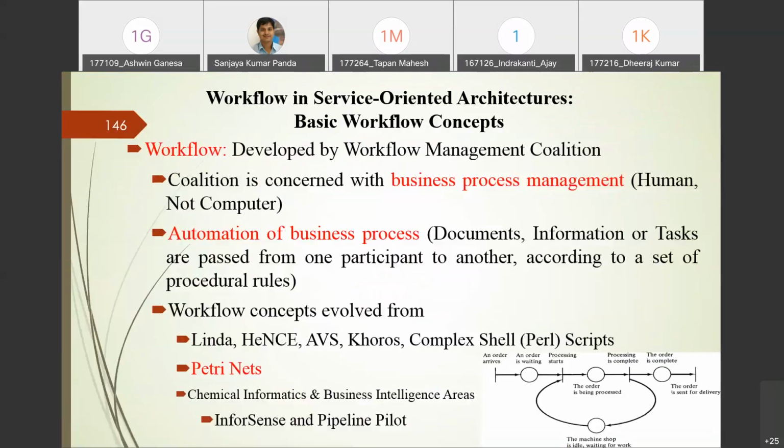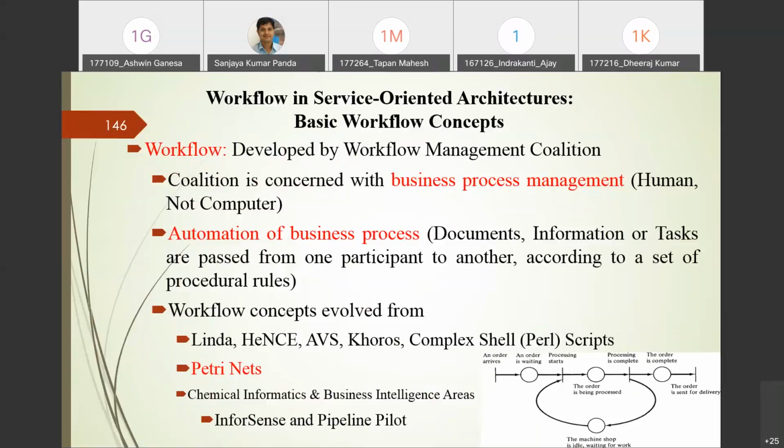Now, if you go for the concept of workflow, it is not new. It was first developed by the Workflow Management Coalition, which has existed for almost 20 years and generated a standard reference model. This coalition is giving the standard reference models, documents, and a substantial industry of tools and workflow management support products, right? Each and every process we use in service-oriented architecture needs to be standardized. Then it is very easy to do business process management.